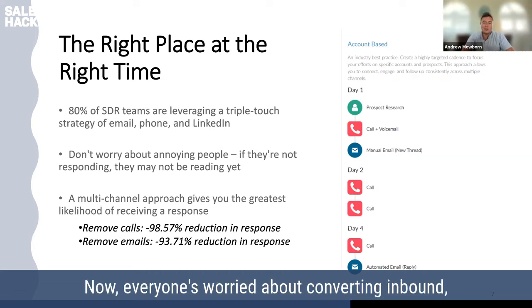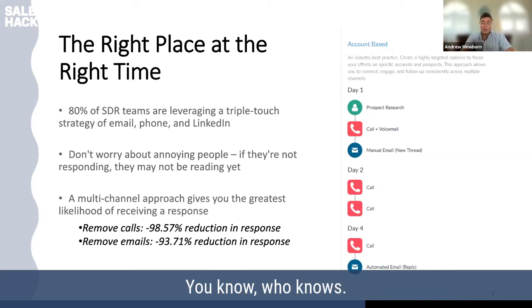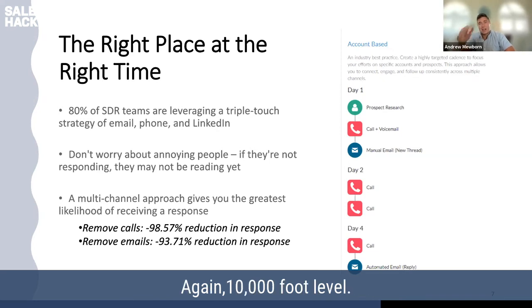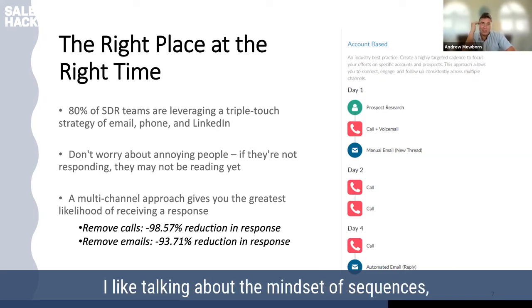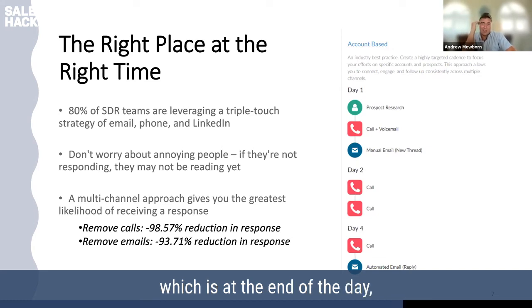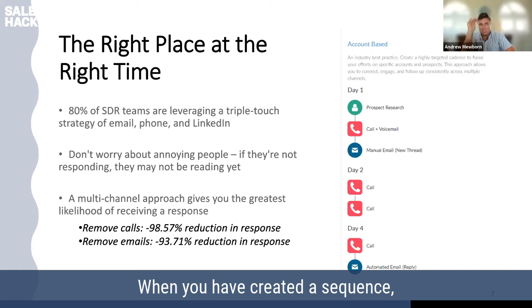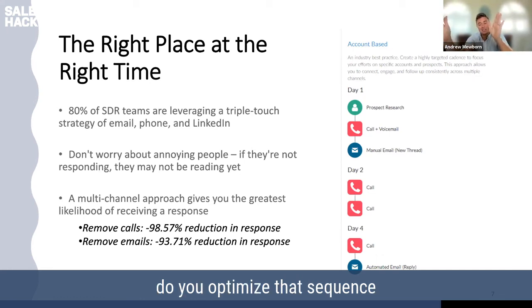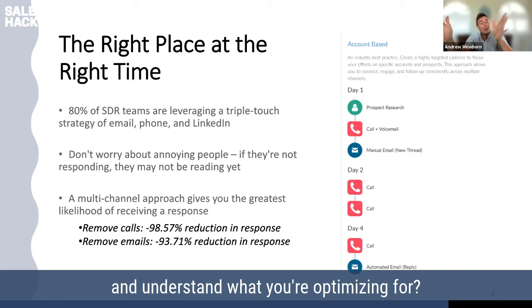And as y'all know, buyers are constantly changing themselves, right? Your solution may solve 10 different problems, and last week, everyone in the market was worried about outbound prospecting. Now everyone's worried about converting inbound. Who knows? So again, it's a never ending process, right? And again, at the 10,000 foot level, I like talking about the mindset of sequences, which is